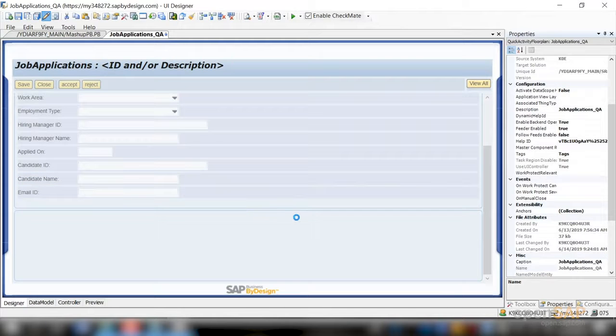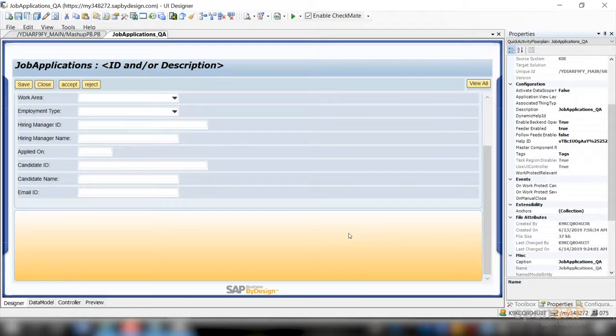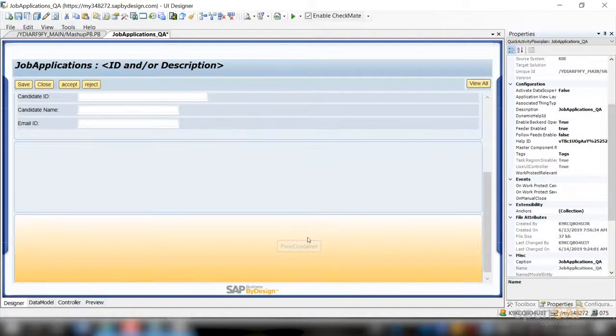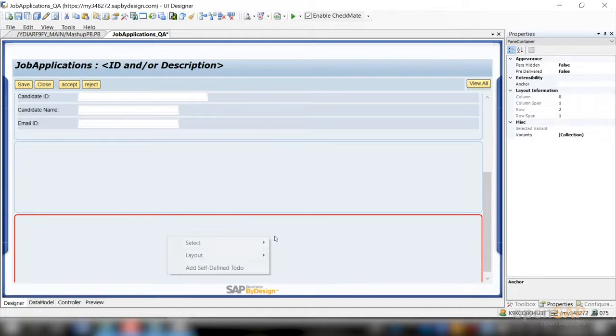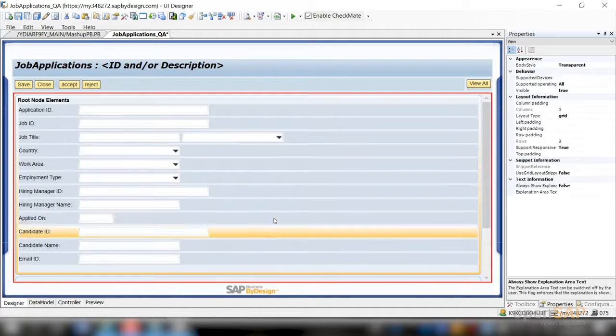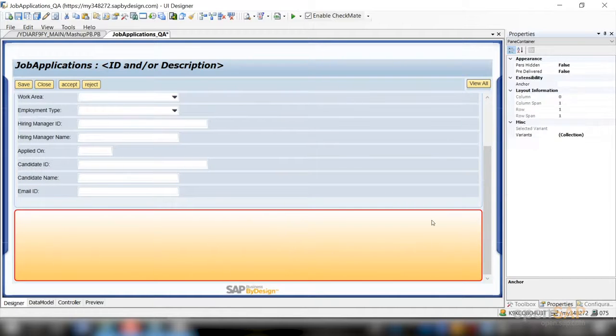Go to the edit mode. You can see here I will add a flex. Okay, this was not needed, there is already a flex. Okay, there is a pane container here. This is where I am going to place my mashup. So, here you can see